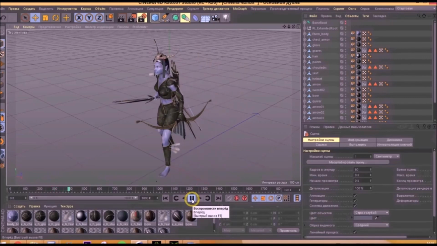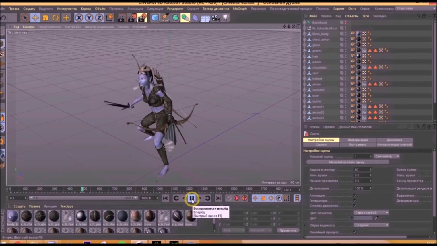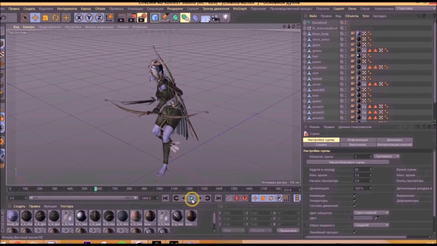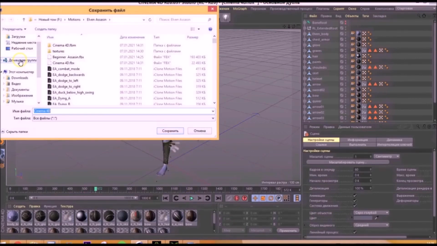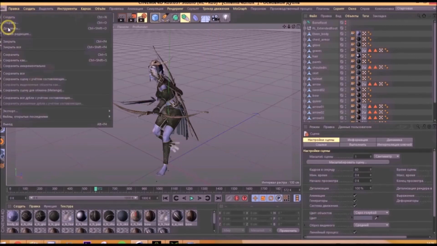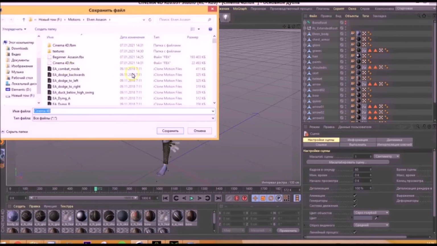After that, we look at the checked movements, which in my opinion are transferred quite accurately, and we can save this file in the folder in which you wish. You can export it to any format through the export settings in the pop-up menu of the file subsection.